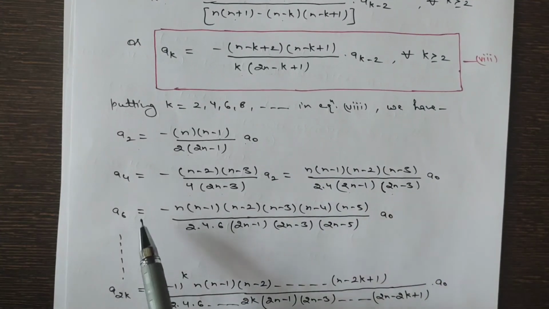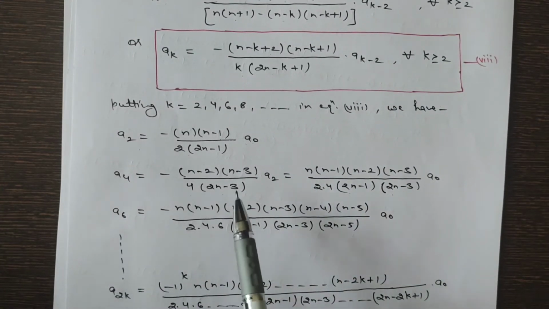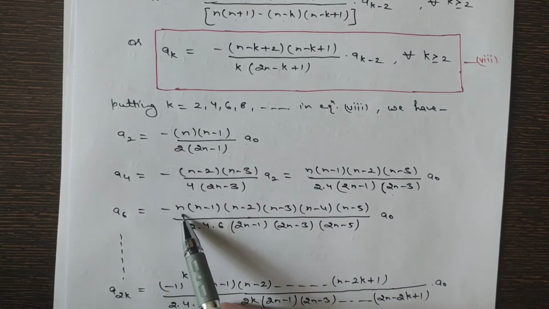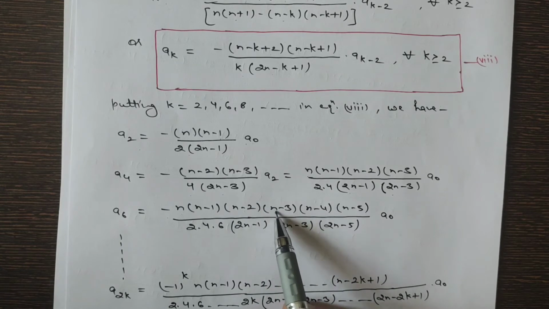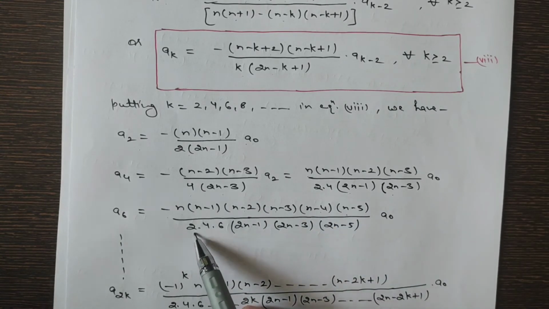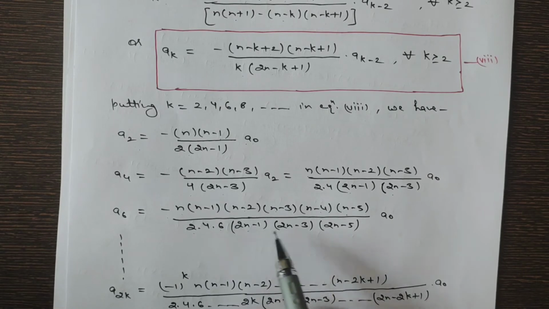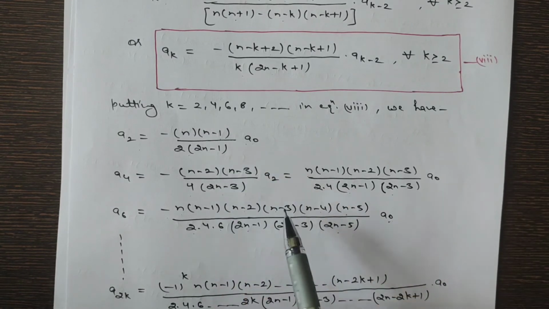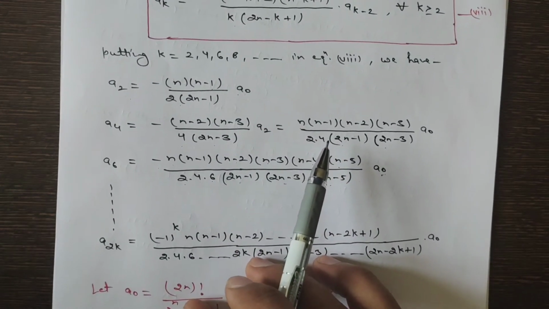Similarly, the value of a6 will be something like this; alternate plus and minus signs are coming, so a6 will be minus n into (n minus 1)(n minus 2)(n minus 3)(n minus 4)(n minus 5) divided by 2 into 4 into 6, into (2n minus 1)(2n minus 3)(2n minus 5) into a naught. Clear? So on the basis of this pattern we can predict a2k,